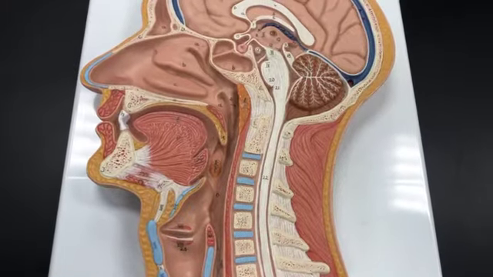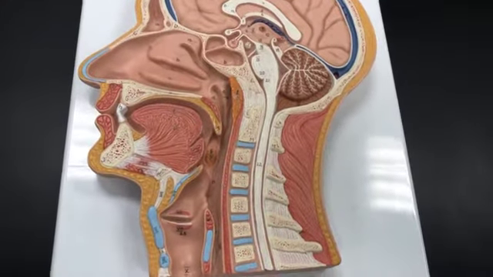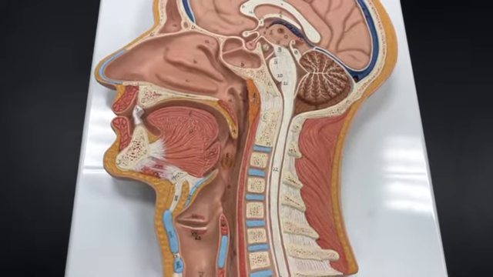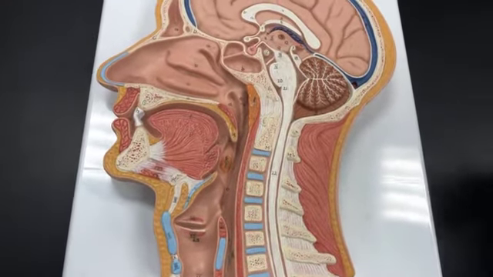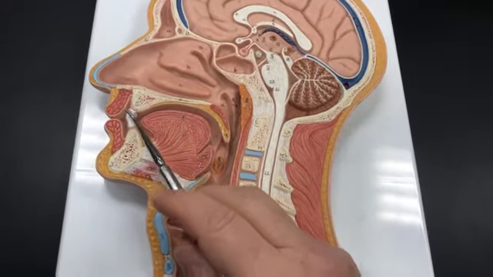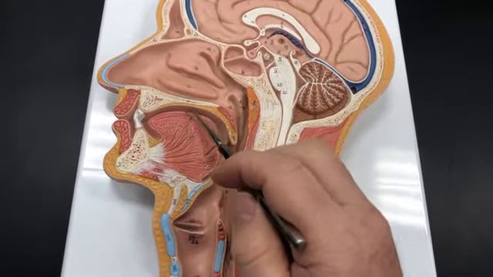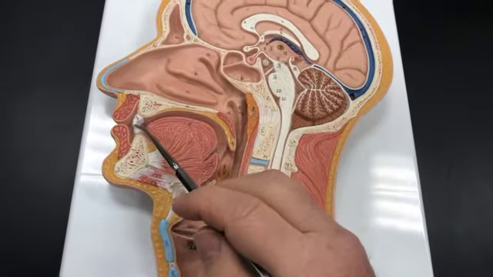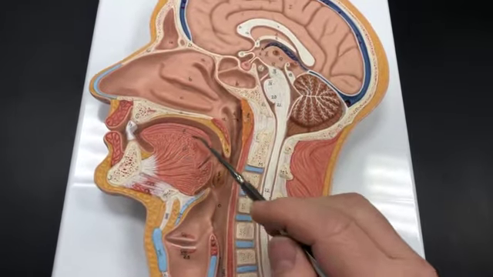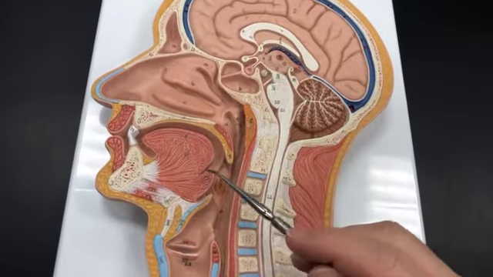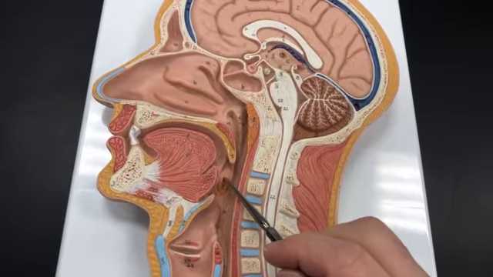This is a head plaque, and you saw this a couple of times in Anatomy and Physiology 1. You'll see it at least a couple of times in Anatomy and Physiology 2, and we're going to look at a few parts of the digestive system. And we have lips, the oral cavity, teeth, incisors, tongue, lingual tonsil, palatine tonsil,